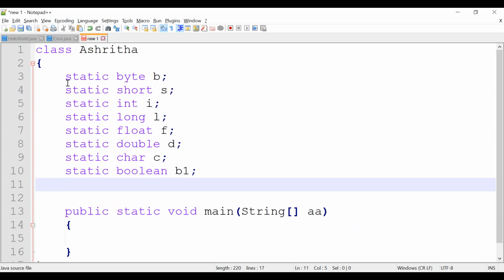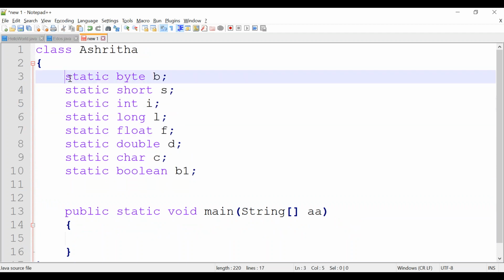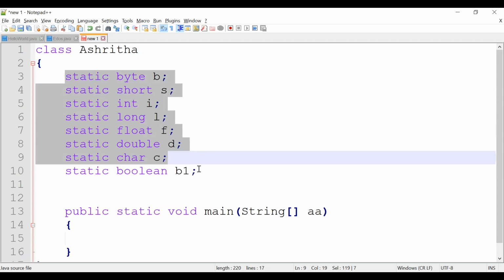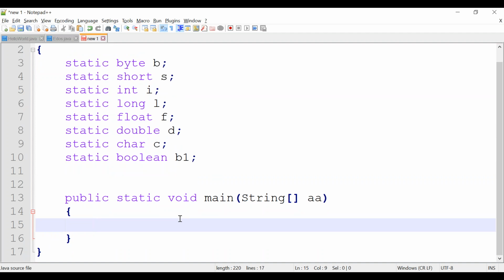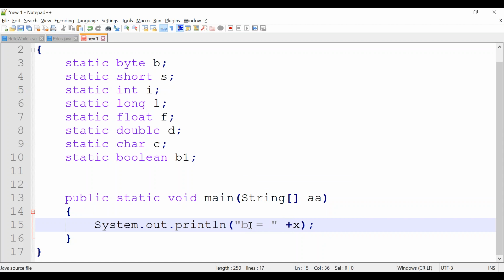So we have declared all the primitive data types. Under primitive we have seen 8 data types, and we have declared all of them as static variables. Now we are trying to print all the static variables here.